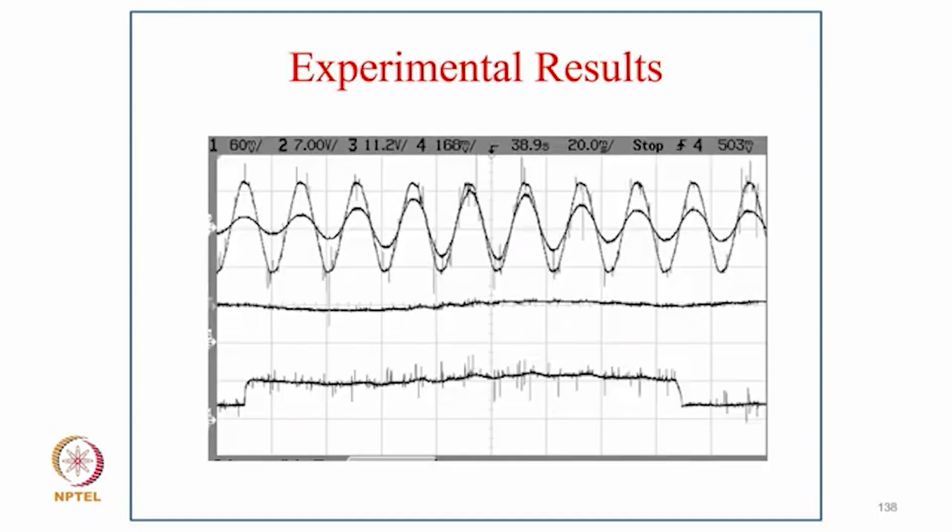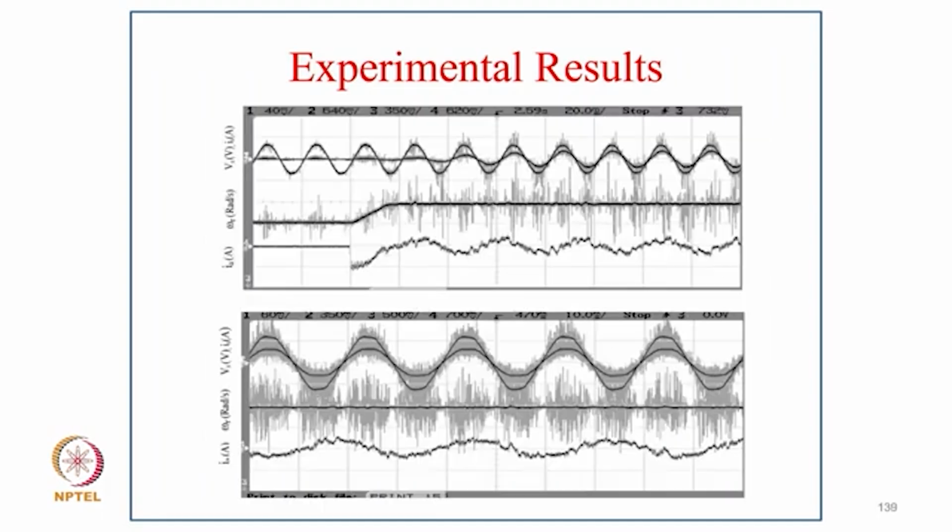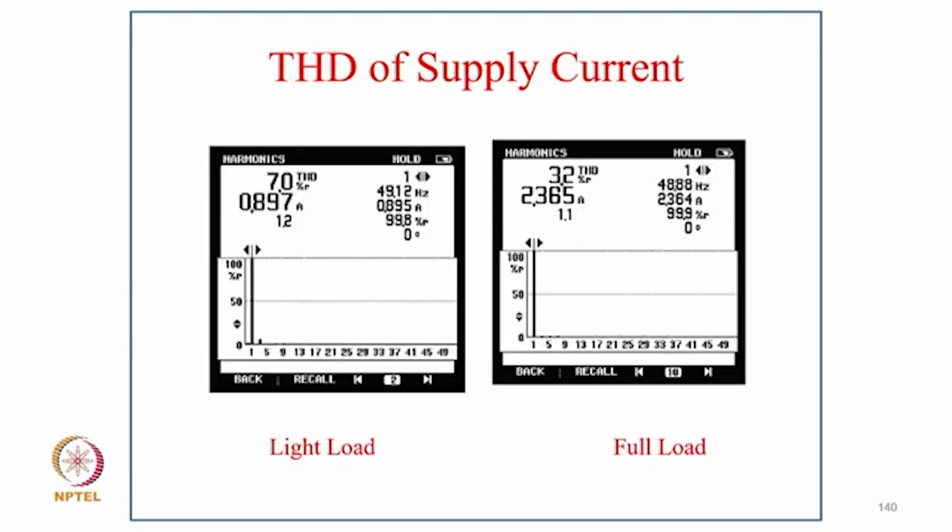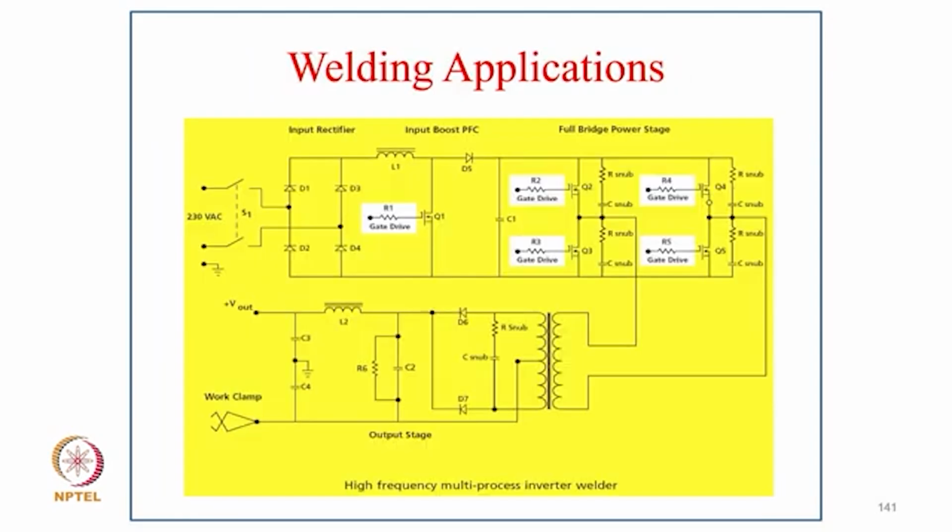And this is also experimentally implemented in the laboratory, and you can see how the supply current remains in phase with the supply voltage, and the shape is closer to sinusoidal, even under varying load conditions. And this is the case, of course, typically when you control the speed, and THD remains at full load at 3.2%, with a load of around 7%.